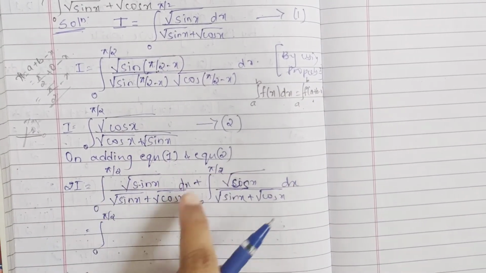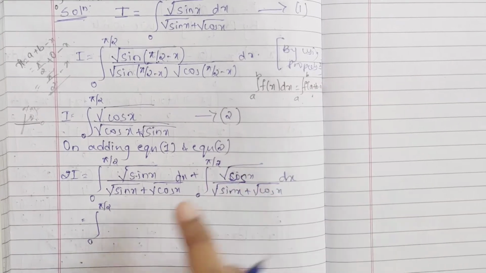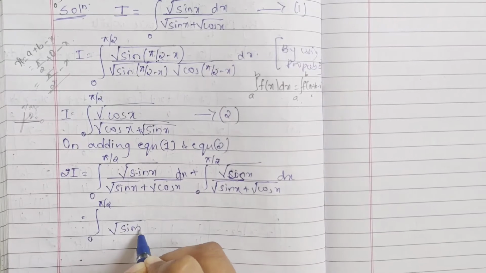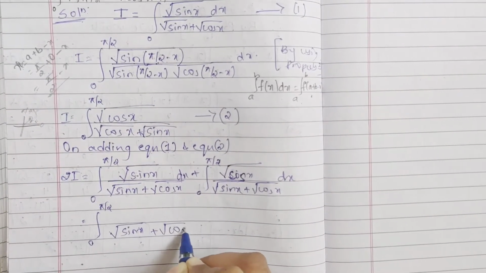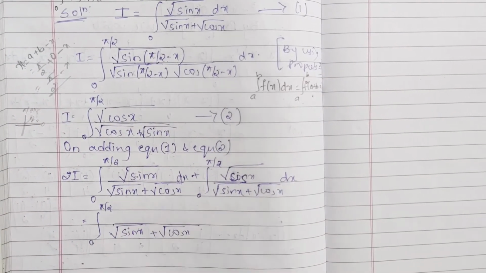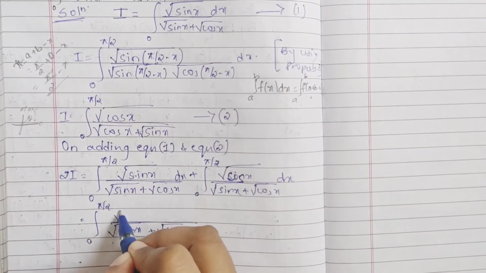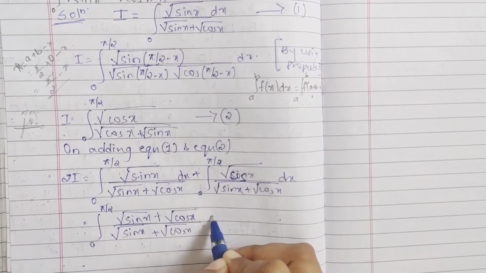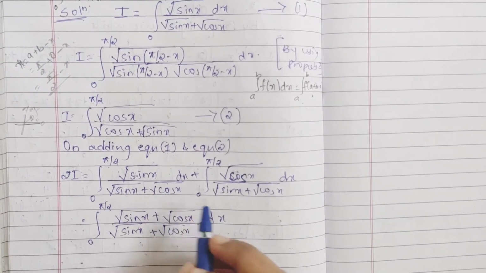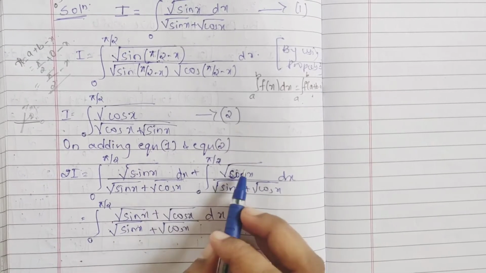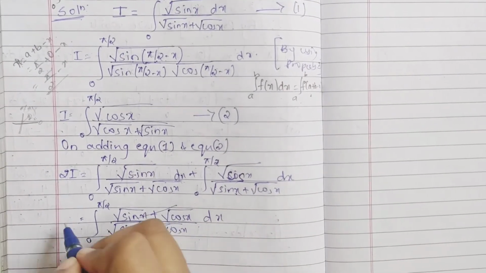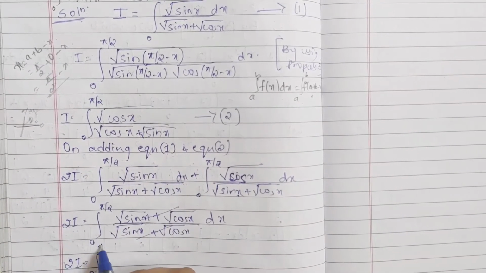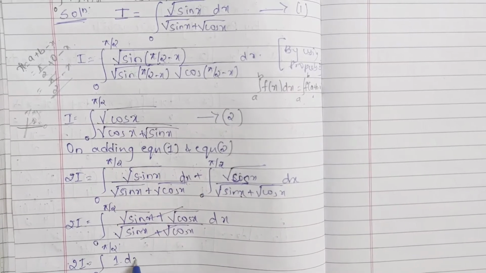As you can see, the integral is the same, so in one form only you will get it, and your denominator is the same. So we will write it in the same form, root sin x plus root cos x. This is your denominator, right? For both, the denominator is the same. So in the numerator comes root of cos x plus root of sin x dx. When your denominator is the same, so this and this get cancelled, and you will get 2I, 0 to pi by 2, 1 of dx, right?